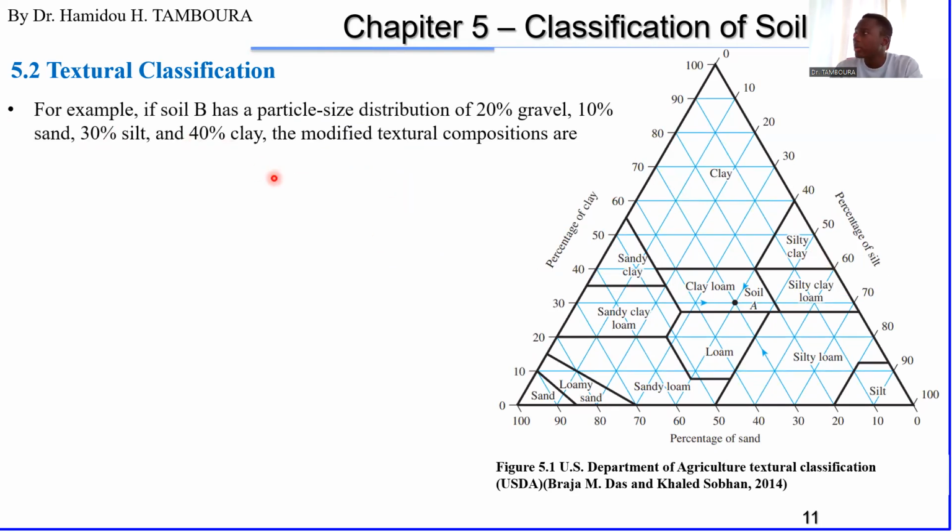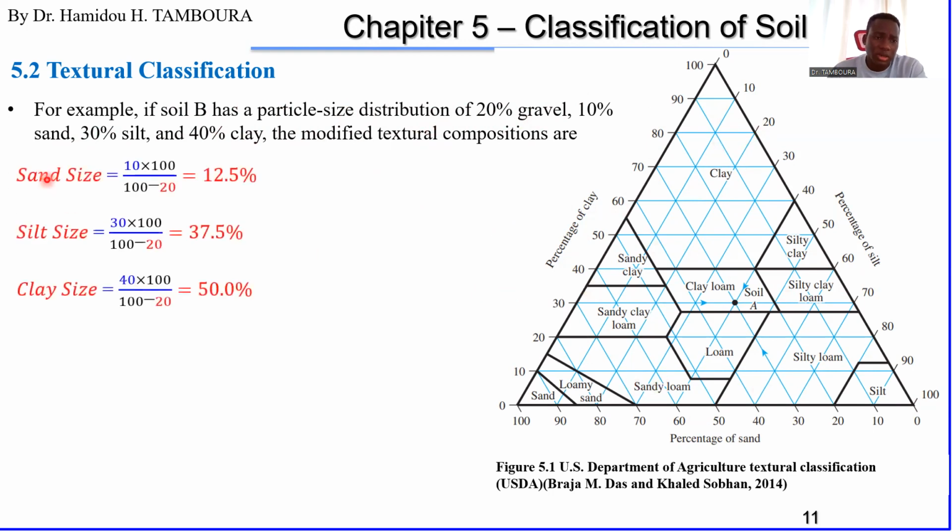For example, if we take this soil B, this soil B has 20% gravel. See, there is no gravel here. 10% is sand, 30% silt, and 40% clay. So we have to modify this so that we can use this chart. How to do that? For sand,